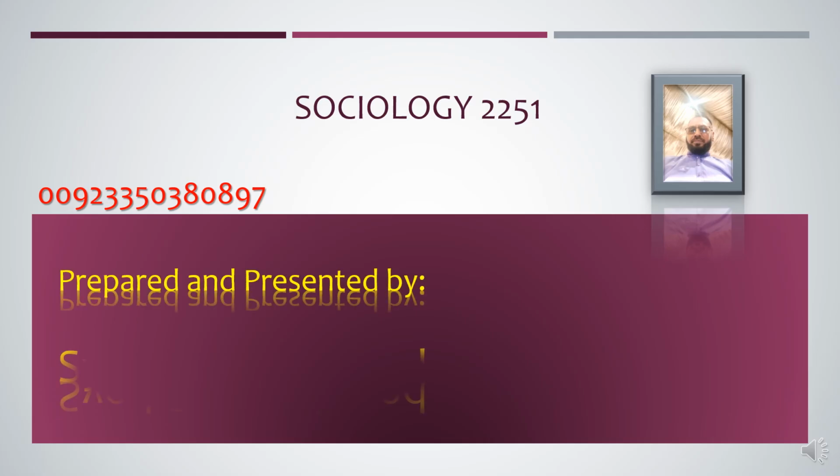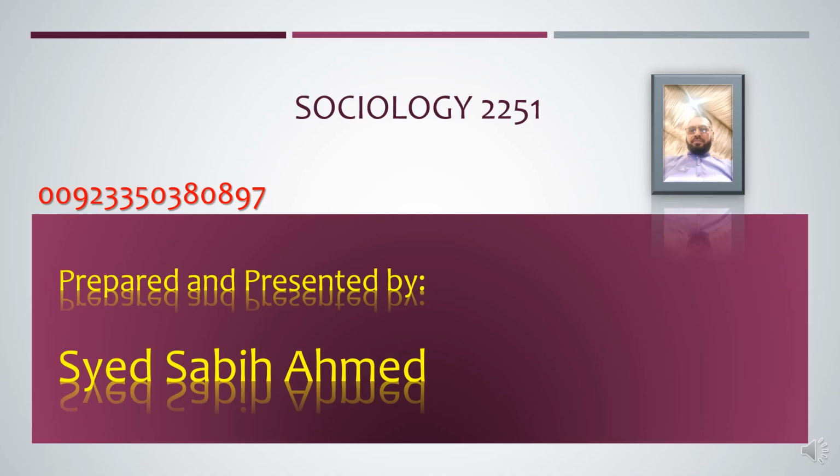Now, my name is Syed Sabi Ahmed, and today I'm going to discuss with you about sociology of O levels, that is 2251 CIE. In today's presentation, I'm going to discuss the paper pattern of O level sociology, the changes in marks of questions from the older one and the newer one. Then I'm going to discuss how to attempt the 14 marker question in sociology O levels, and then the tips